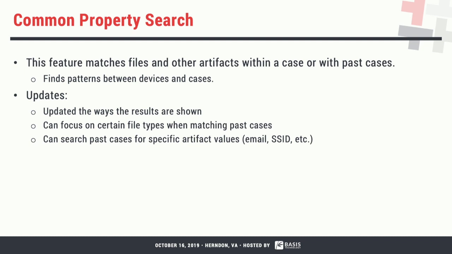So the first version was kind of our initial throwing a dart at the wall, and now we're iterating on this, looking at real data and finding out how this becomes a useful feature. So the main things this past year were UI-wise, how we display things with common cases, with past cases, and being able to search those past cases as well. So you can now search your central repository for an email address or hash value or Wi-Fi SSID to do your own manual searching there.